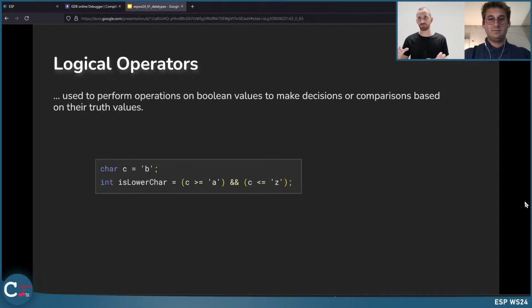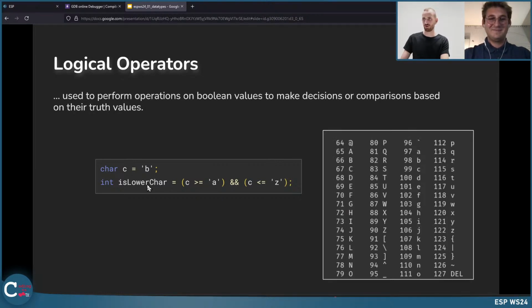And you can also combine these operators, and now it gets very tricky. You can say, for example, if C, so my variable, in this case, it's an ASCII B, it's greater or equal than A, and, so this is a logical operator, C, so this character is smaller or equal to C. Wow, that's hard to explain. To set, then, okay, it's a lowercase.